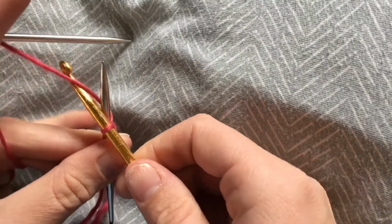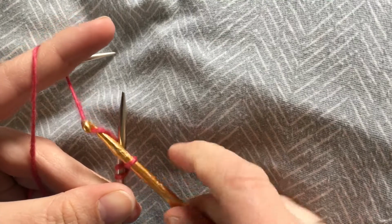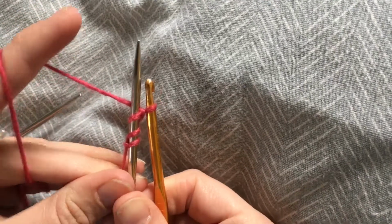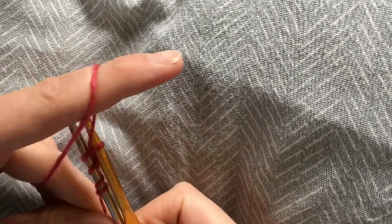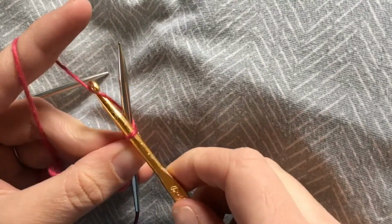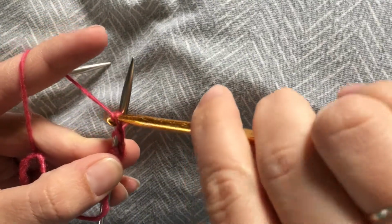And again, over the needle, grab the yarn, pull through the loop. Yarn is on top of the needle, you go around and bring it to the back. Over the needle, grab the yarn, through the loop, around, over the needle, through the loop, move the yarn back behind the needle, hook over the needle, grab the yarn, through the loop, move the yarn, grab the needle,